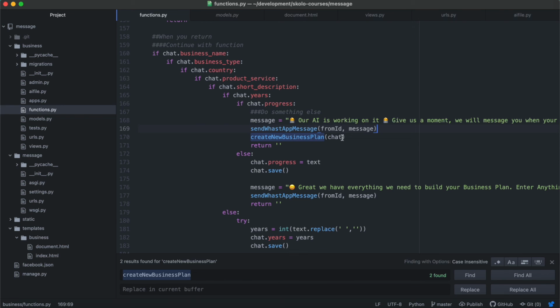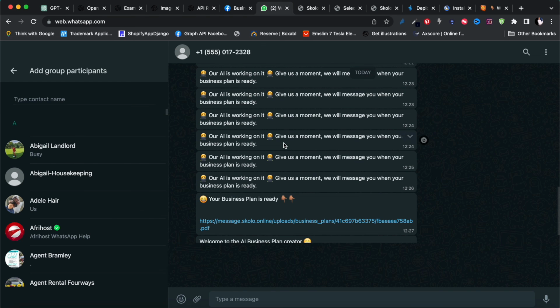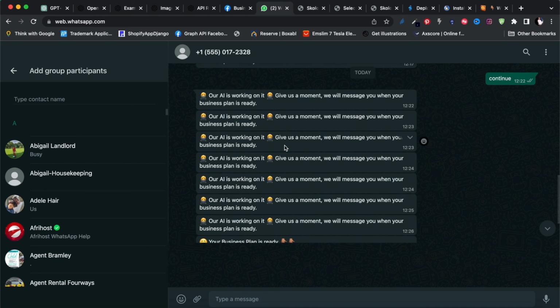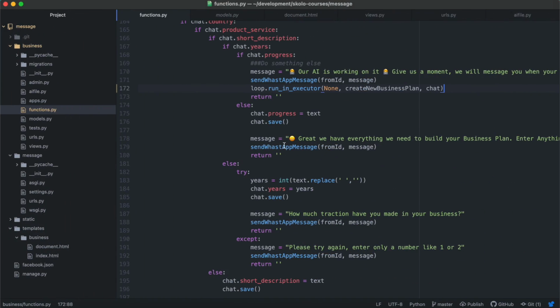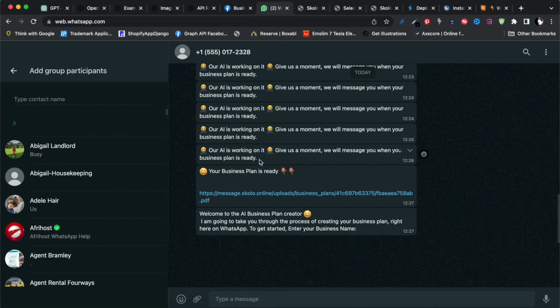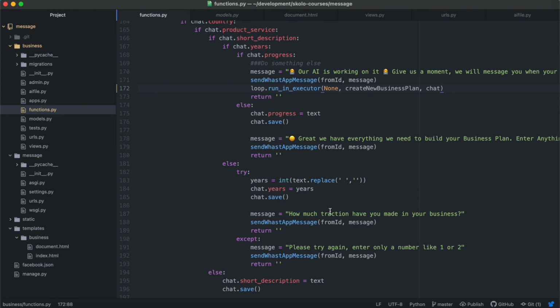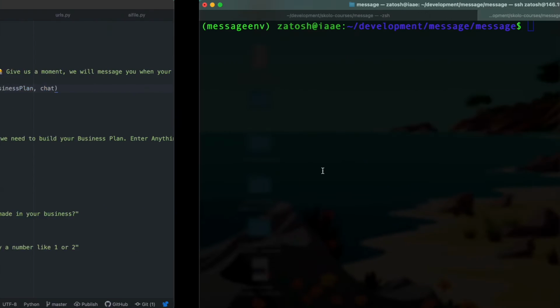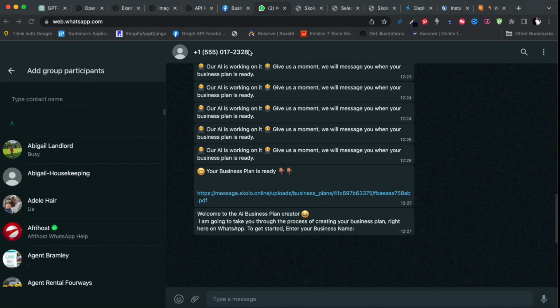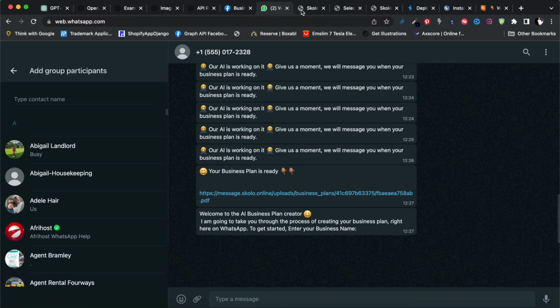Pause this video here. Okay, so we have a bit of an issue here, but the problem is not with the function. I actually ran this separately, and the function works fine. I ran it inside of the shell, and this create new business function with the chat works just fine. So I was just running it in here, and then you can see over there I used that chat, and it went and ran properly. It generated the link,